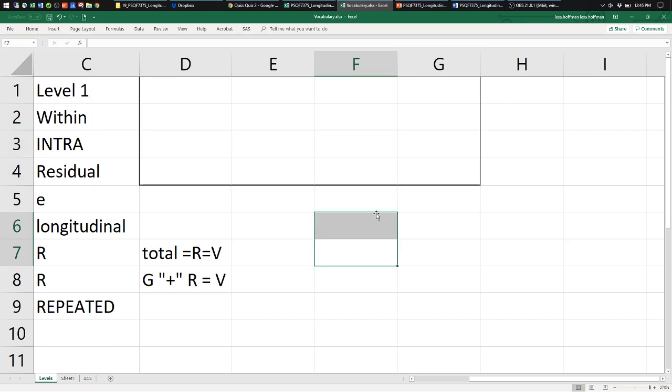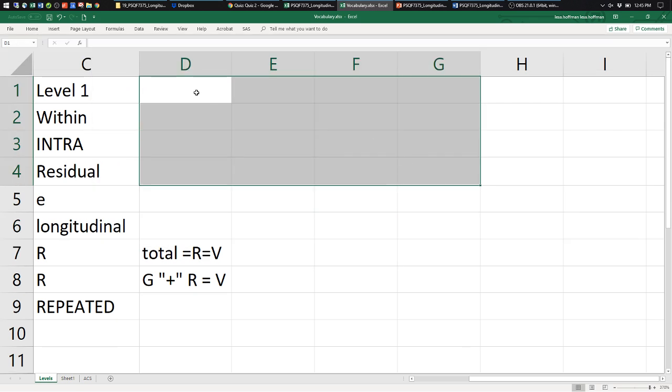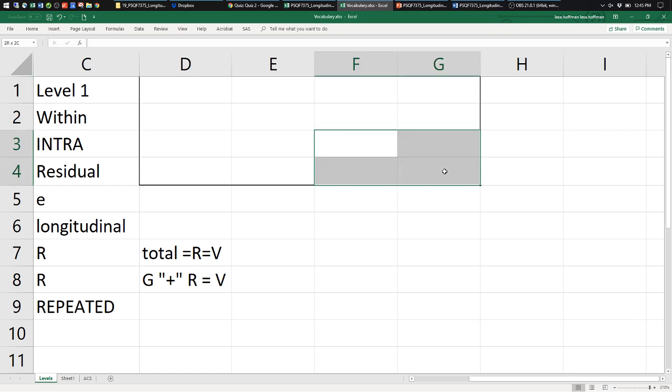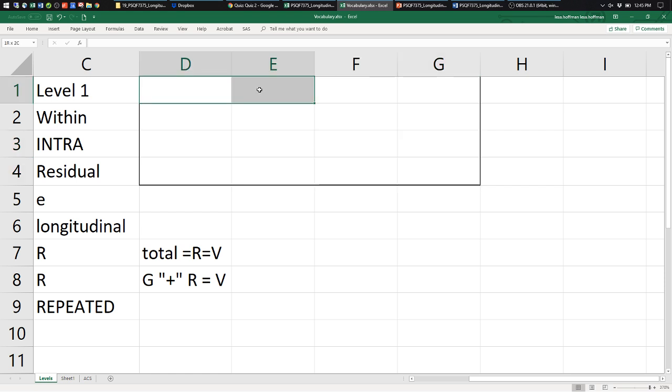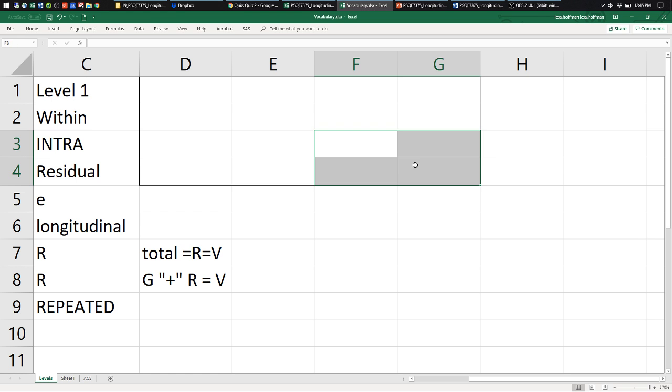There. If this whole thing were G, this would be level 3, and then this would be level 2. So this type of thing, where there's stuff and then zeros elsewhere and then stuff, that's block diagonal. So G just keeps growing, but there's no other letter that shows up. Because then you would have to say that this would be within level 3, this would be within level 2, and then R would pick up level 1, and it's still V put back together again. It just has a much more complicated structure.